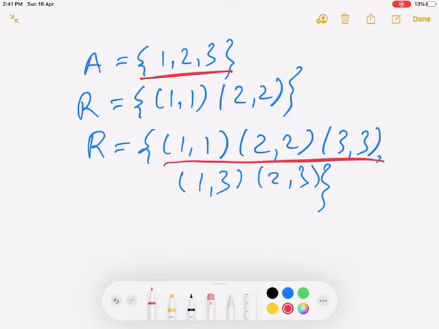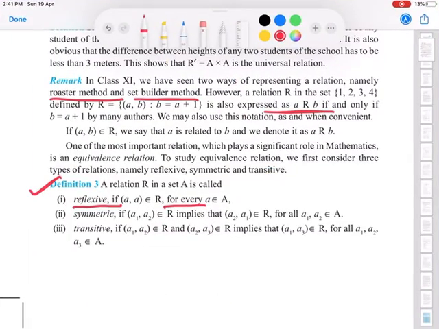Let us now see the second one here. Second is symmetric. So for a relation to be symmetric, as we know, symmetry means one thing with respect to another thing. If we invert both of them, then we get the same result with respect to two things. Now here they are saying a relation is symmetric if a1 comma a2 belongs to R, implies that a2 comma a1 also belongs to R for all a1, a2 belonging to A. As we can see over here, a1 a2 belonging to R implies that a2 comma a1 also belongs to R for all a1, a2 belonging to A.